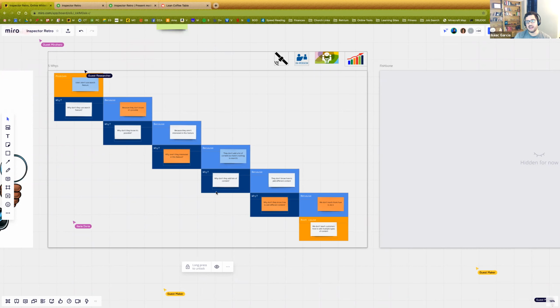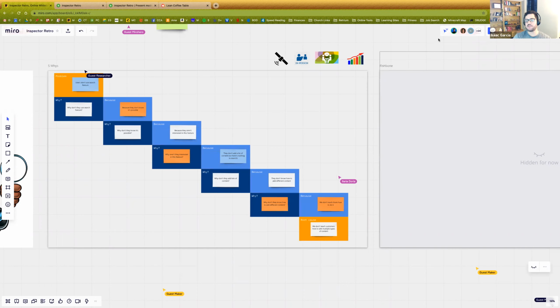Because the DBA was out and it fell down to me to do it, but I didn't have permissions. Oh, okay, well, we can't change the DBA being out, but you didn't have permissions. Why didn't you have permissions? Well, I didn't have permissions because I'm not considered a secure person. Okay, why aren't you considered a secure person, right? And you follow this trail down until you find something that you go, you know what? If we changed this root cause, the cascading ripple back up would solve maybe the problem that we've identified. So 5 whys draws you down.